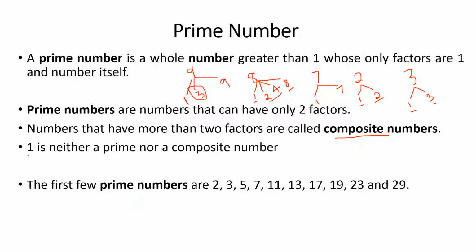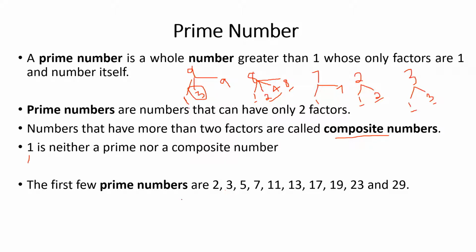One thing you have to keep in mind: 1 is neither a prime nor a composite number. We have kept a rule that a prime number should have exactly 2 factors, not more than 2, but 2. But when we take 1, what are the 2 factors? We don't have 2 factors, right? It has only 1 factor, so we cannot make it a prime number. And it doesn't have any other factor greater than itself, so we cannot make it a composite number either. So it is midway, and we say 1 is neither a prime nor a composite number.